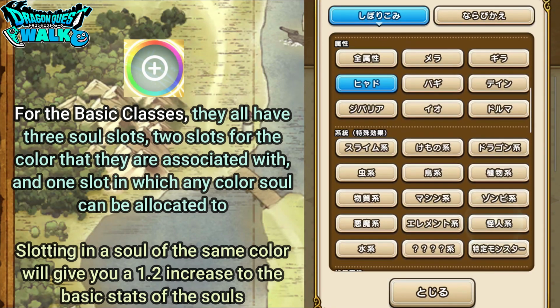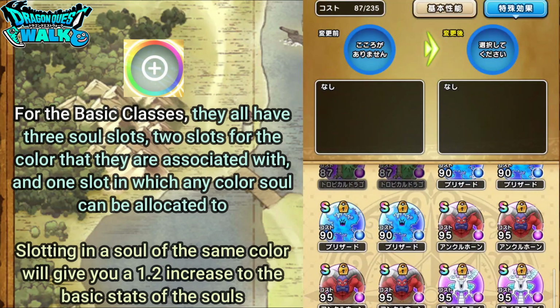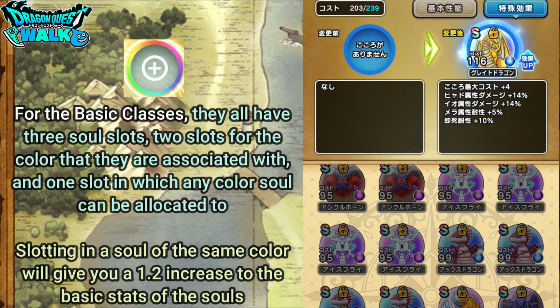So actually I do have blue on. The problem is that I had spells on. So here, for example, for blue souls, you want to find something that's going to give you just Hado damage. So for example, Great Dragon gives me plus 14 to Hado damage, so that would actually work here